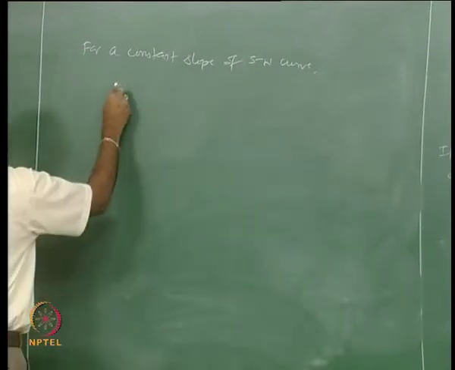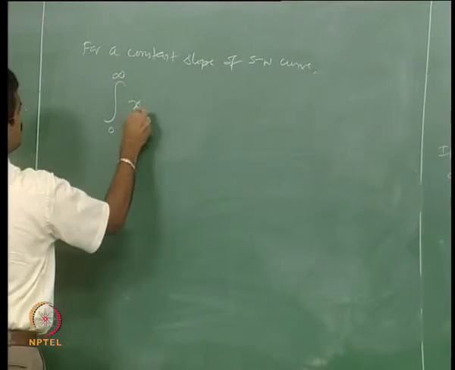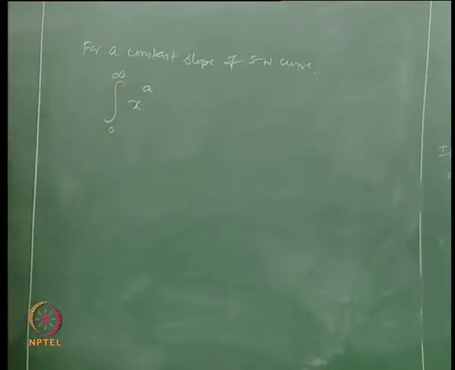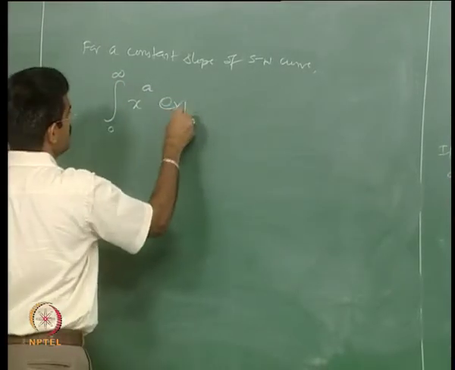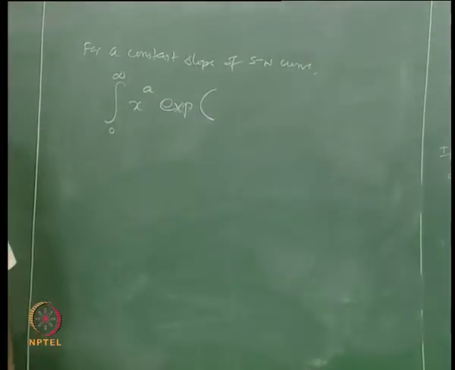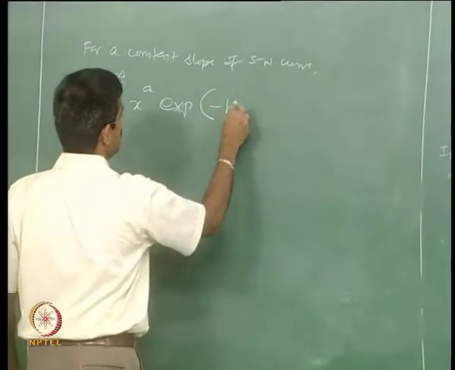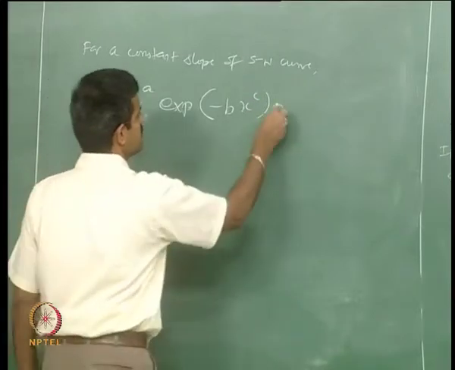Let us write down that equation here: the integral from 0 to infinity of x to the power a, exponential of minus b x to the power c, dx,